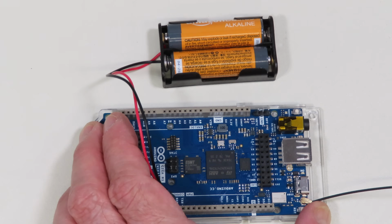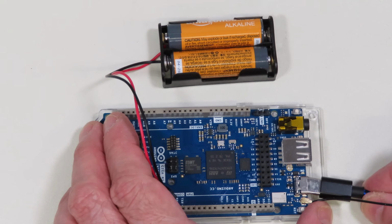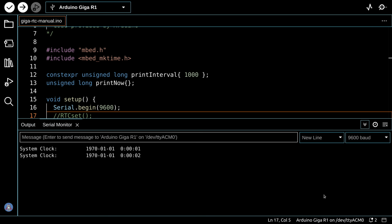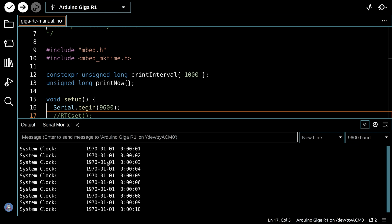And again, I'll unplug it so there's no source of power right now. And remember, we've got a sketch that doesn't set the time when it starts off. I'll plug it back in. And the system clock has gone to 1970:01:01. And for those of you who are familiar with the Unix time format, that is basically the beginning of